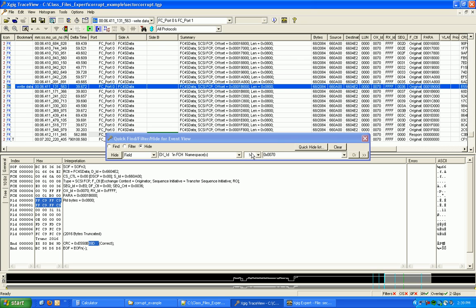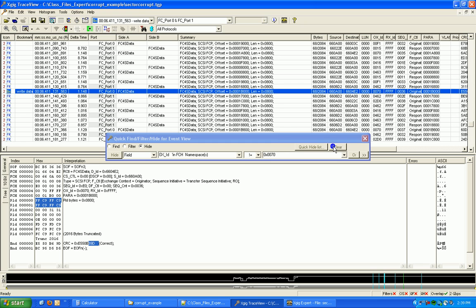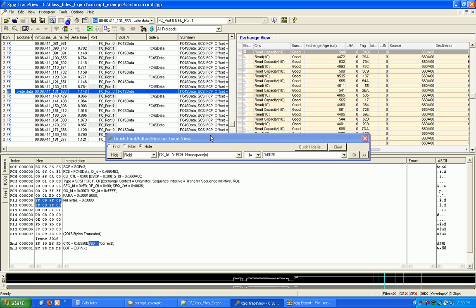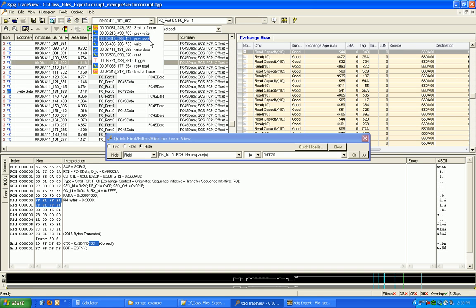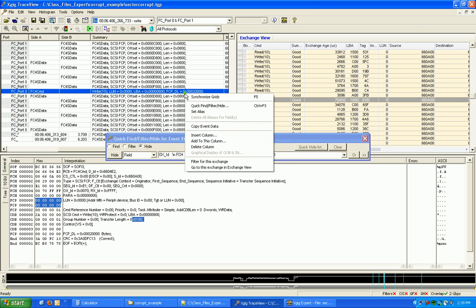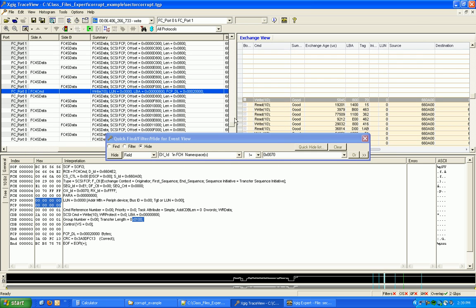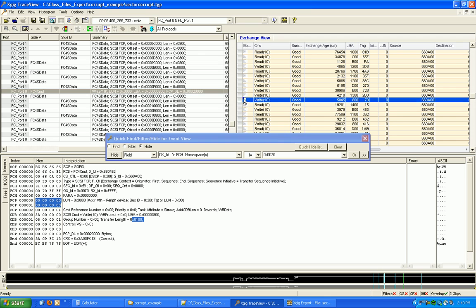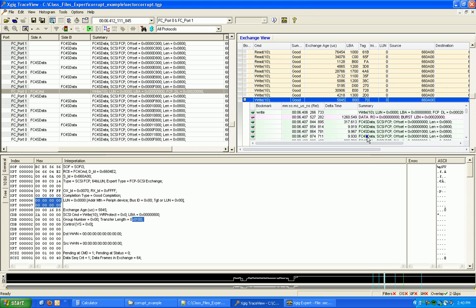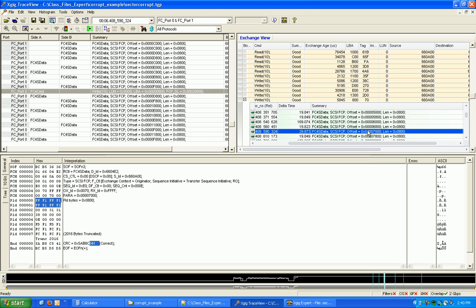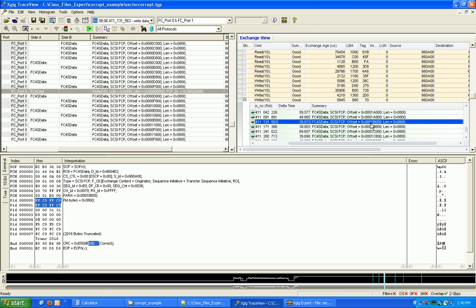Okay, data. Now the other way we could do this, clear this out, so we can use our exchange view instead. I can go to my write here and simply say, go to this exchange and exchange view. Now I can just break it out. So I can use this as a navigational path here. And I can go down to that frame that's 1B00. And there it is, and now I can see the frame down here. So that's a nice convenient way to do that,